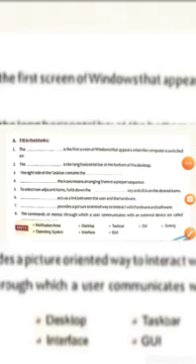Question number 6. Dash acts as a link between the user and the hardware. What acts as a link between the user and the hardware? Yes, the operating system. Operating system acts as a link between the user and the hardware, between the user and the computer. Number 7, the dash provides a picture-oriented way to interact with hardware and software.